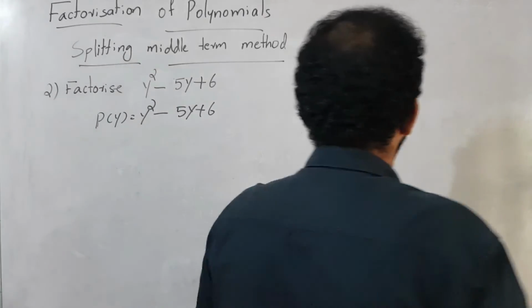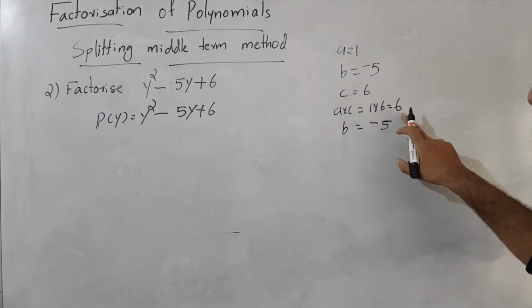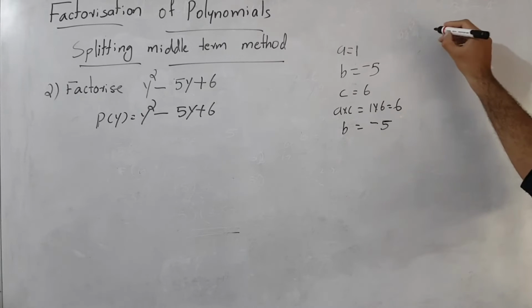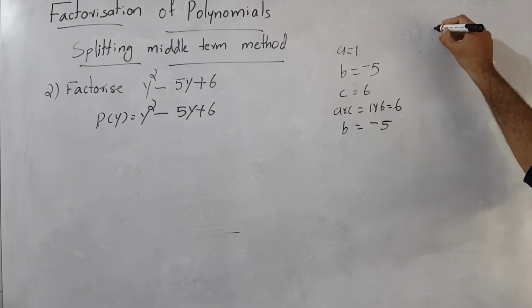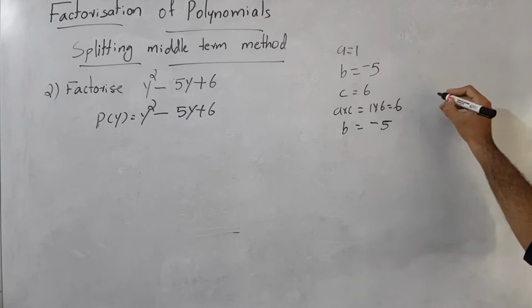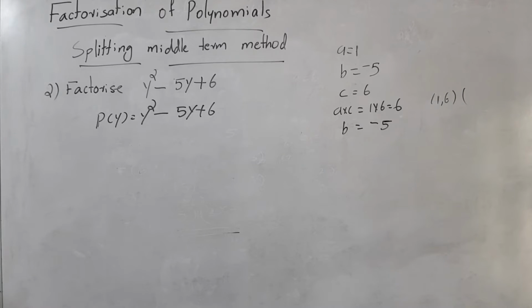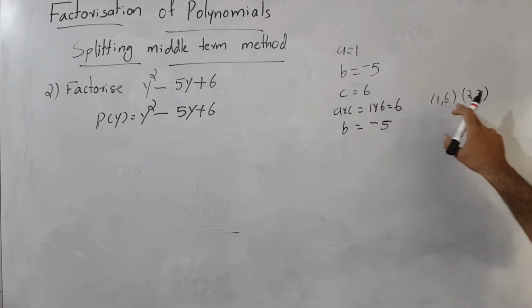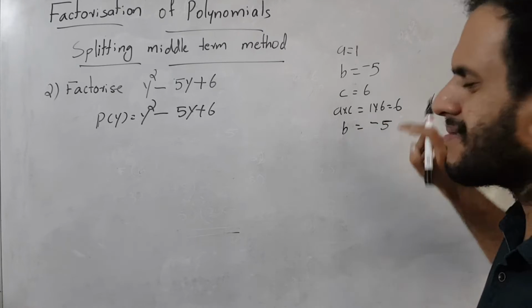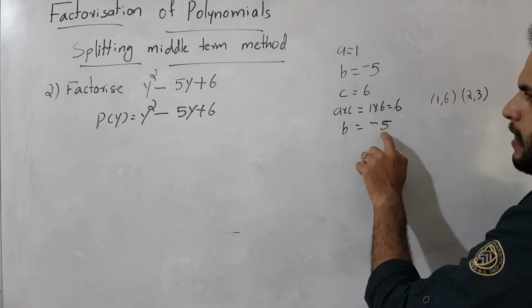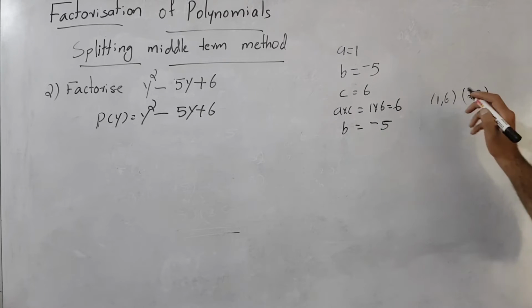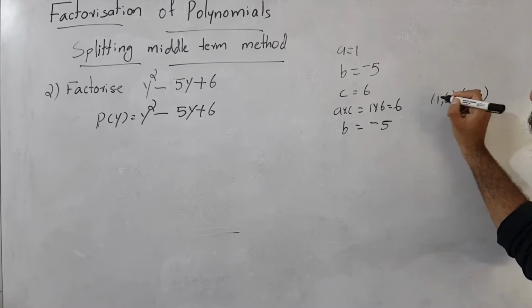So we just find out the products like this. Whose product do we get 6? The first one is 1 and 6. Whose product do we get 6? Then 2 and 3. Correct? So these are the two pairs to get the product as 6. But the sum is negative, so it is very clear that in this group both are negative. Then it is minus 1 minus 6,